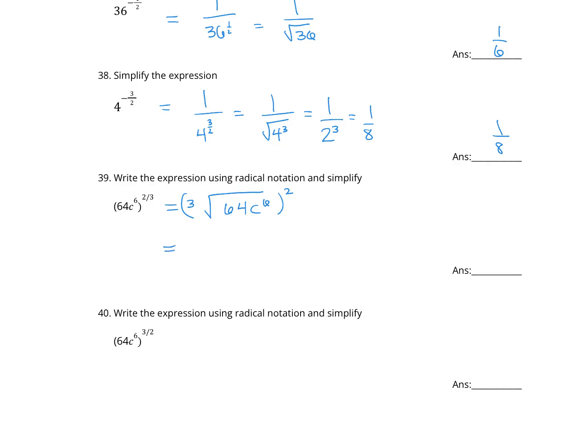Cube root of 64, that's 4. Cube root of c to the 6th is c squared. That whole thing is still squared yet. 4 squared is 16, and c squared squared is c to the 4th from multiplying the 2's. So 16